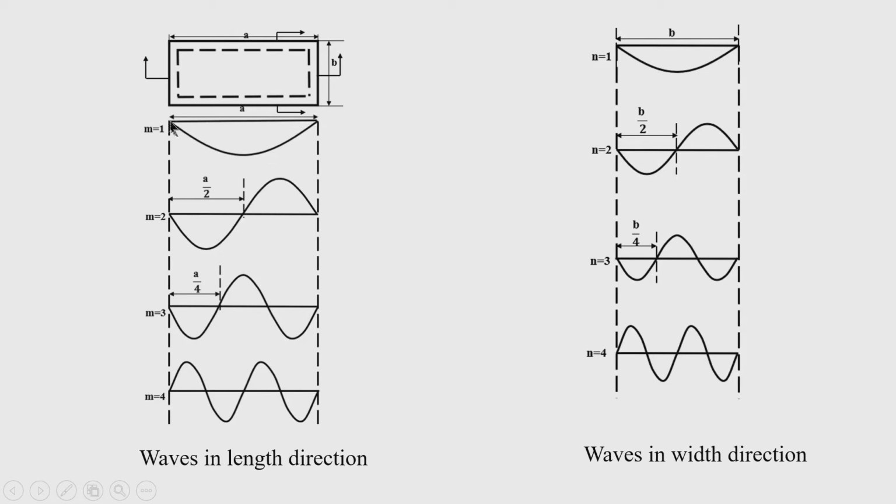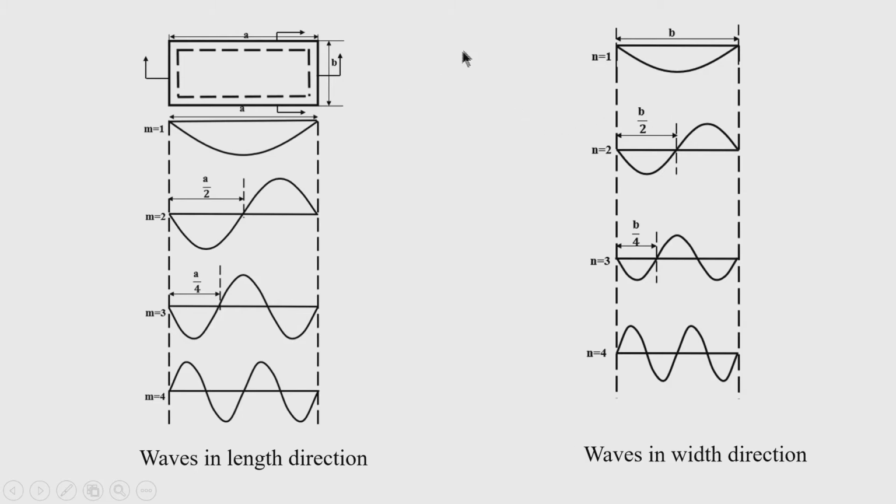Second half wave: when we take m is equal to 2, we get this second half wave. Similarly, if you consider m is equal to 3, you will get the third half wave. Like that, your number of half waves will increase as you increase the integer. Similarly, in the width direction, you will get the half wave, where the function is